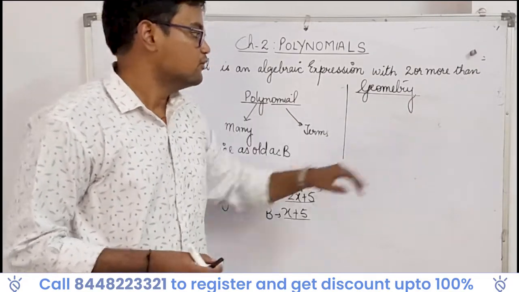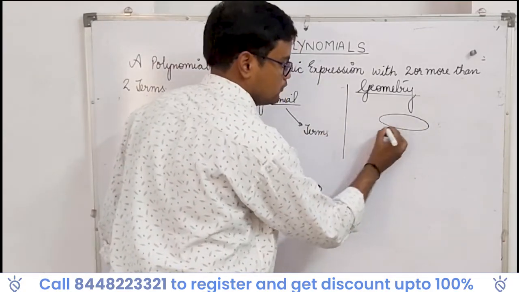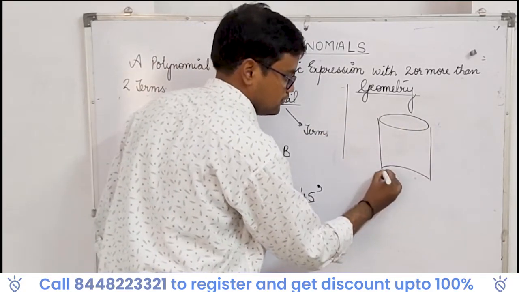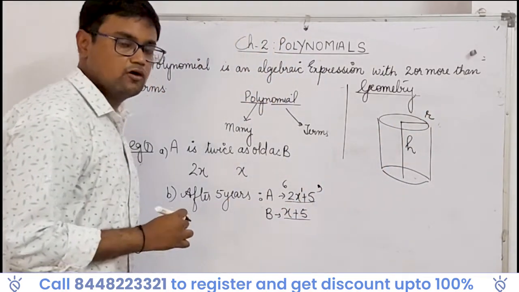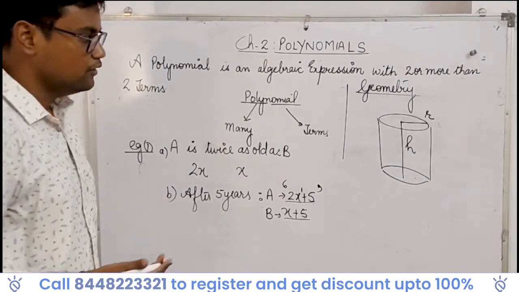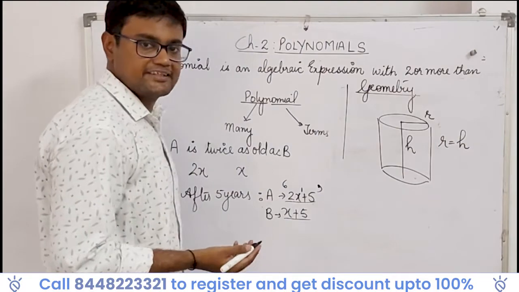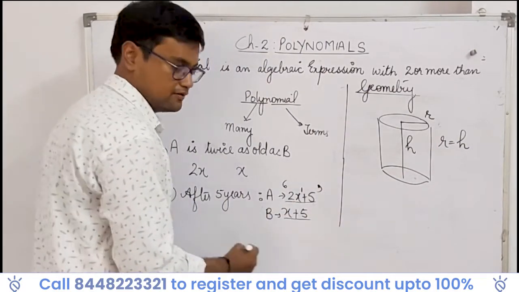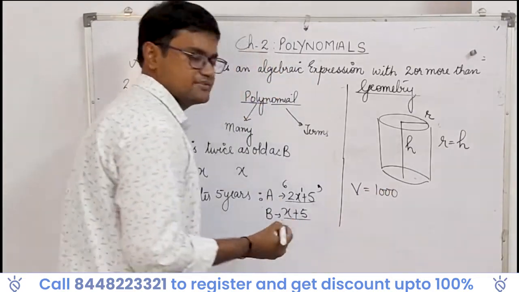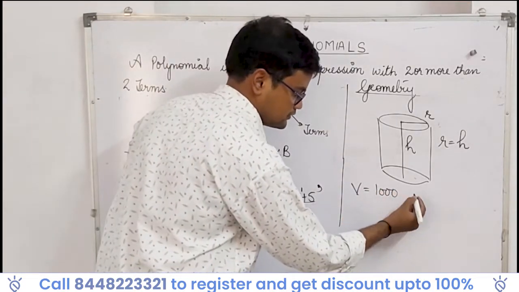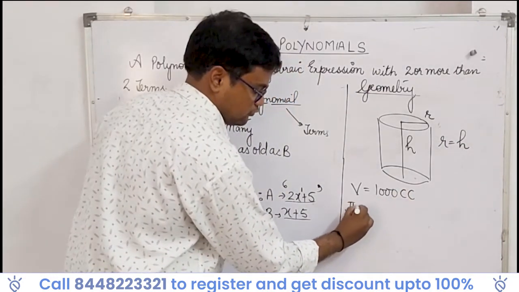So under geometry, children, if I ask you to find the volume of a cylinder whose radius is equal to its height, what will you do? What is given to you? You will form an expression in variables. You will say, sir, the volume given to me is, for example, 1000 cubic centimeters. Now the expression for volume is